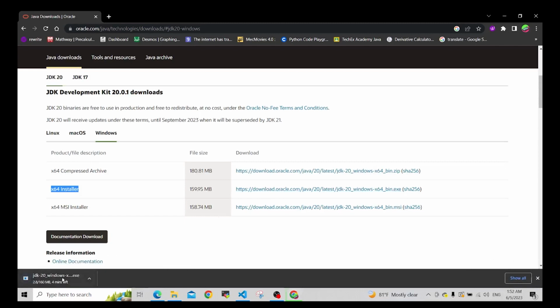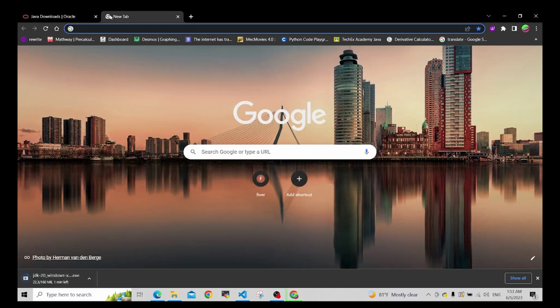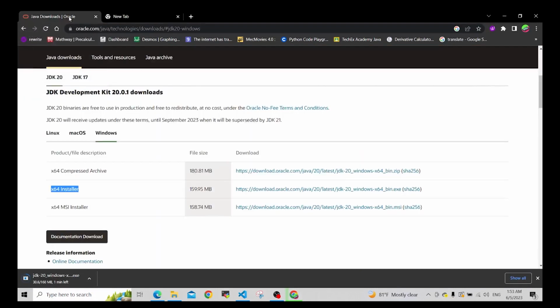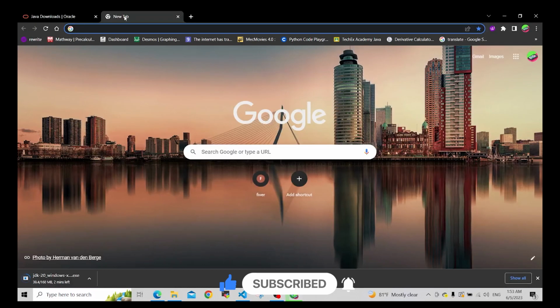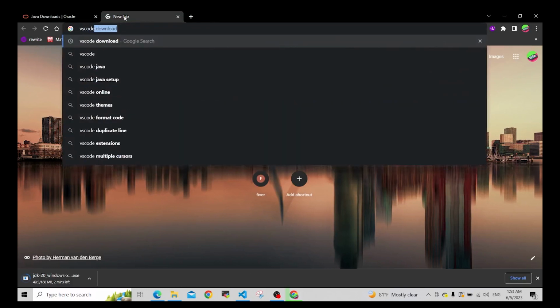You can see it is downloading. While it is downloading, let's get the other tool. As I mentioned in the previous video, there are two tools we need to do our Java programming. One is the JDK and the next one is an IDE. I mentioned that we are using VS Code to write our Java programs. So let's download VS Code